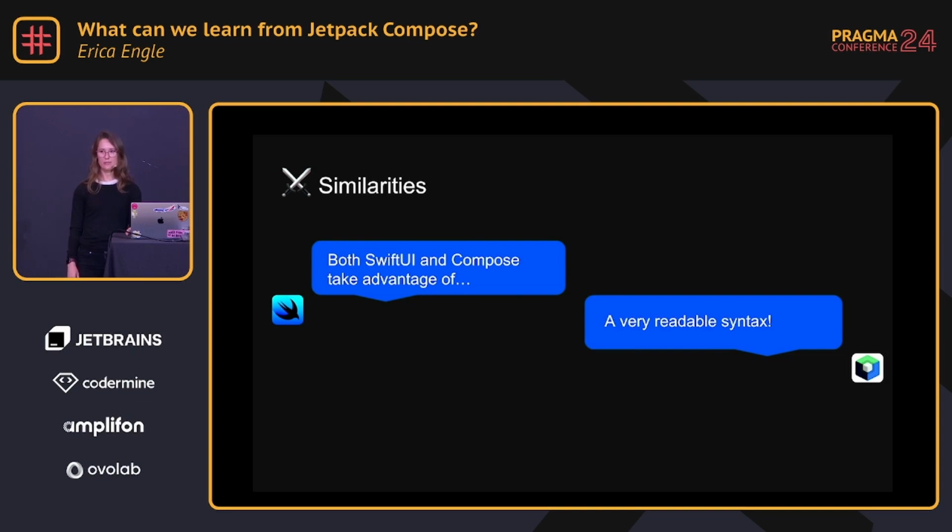I feel like the readable syntax is going to come up as a theme here. Both of these feel very straightforward. Lots of other developers can come in, they can read the syntax, they can understand where you're going to go with a language, and maybe just piece it together as a sentence rather than foreign components.